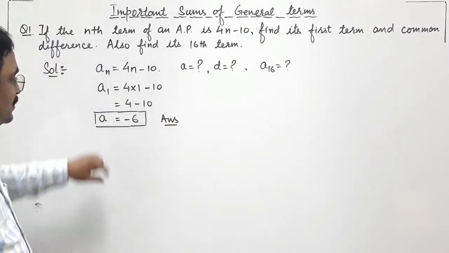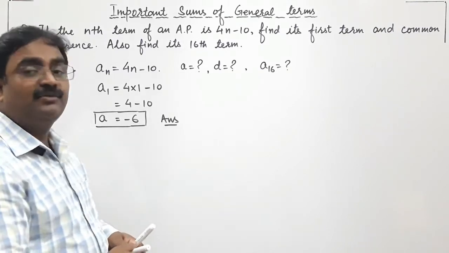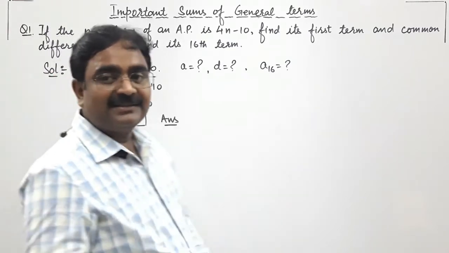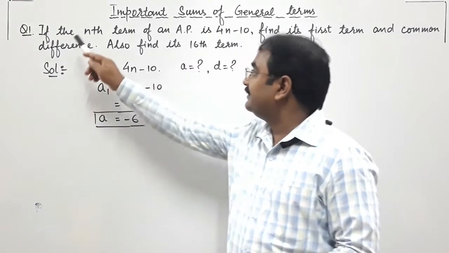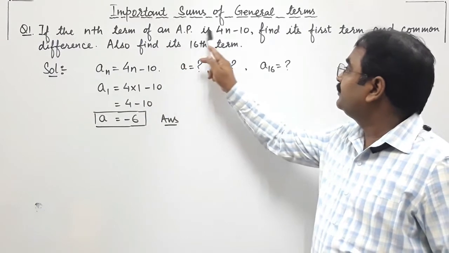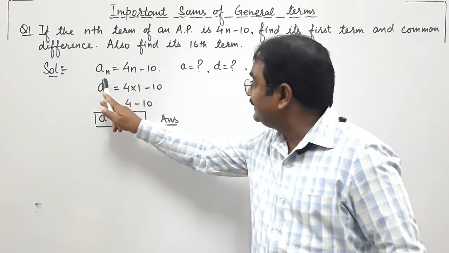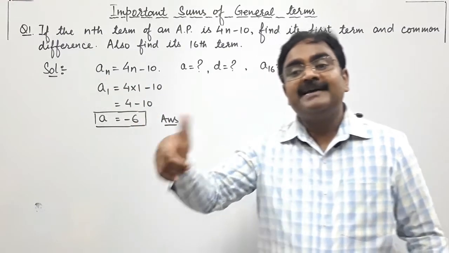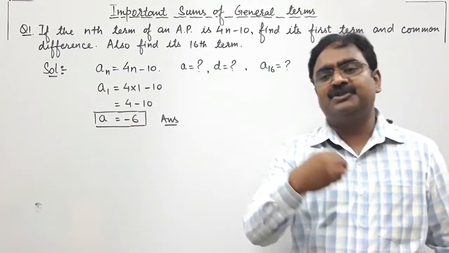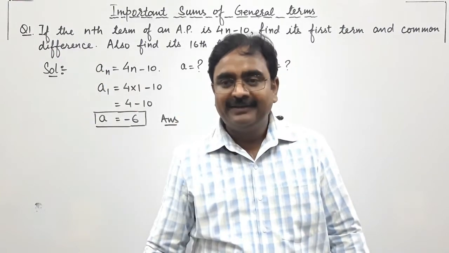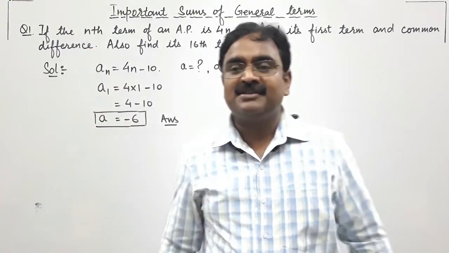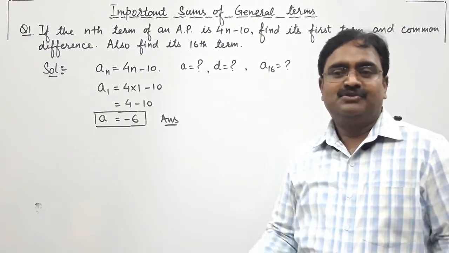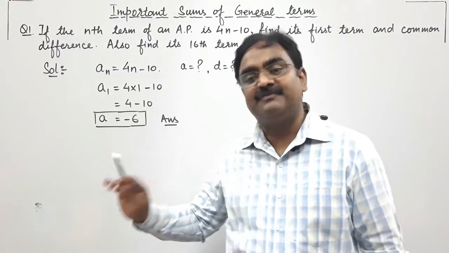As you got the first term, once again you have to find out the second term with the help of this nth term. बच्चों ये याद रखना, if this type of question is given, if the nth term of that arithmetic progression is 4n minus 10, it means an is equals to 4n minus 10. So ये जो वैल्यू दिया है, इसको हम as a formula यूज कर सकते हैं. We can substitute the different values of n, so we will get the different terms. जैसे हमने first term find किया, we have substituted n is equals to 1. So it is first term, a1. A1 means first term which is a.